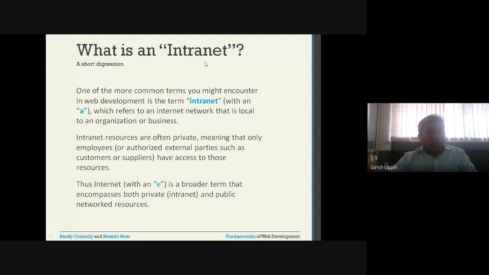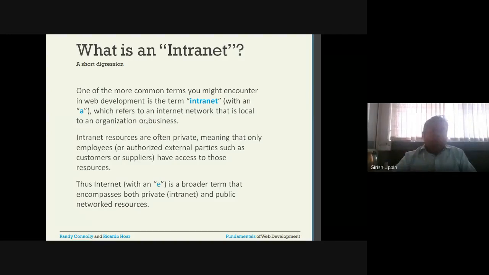What is an intranet? So here the word is intranet. Certain organizations want to have all the resources connected, but they don't want to give this particular access to the rest of the internet, or to the public. So then they will have an intranet. All the companies, like IT companies, will have an intranet. I would say like 90% of their resources will be connected, and they will not be connected outside their intranet. So it will not be connected to the internet.